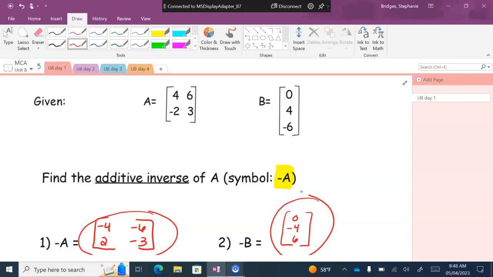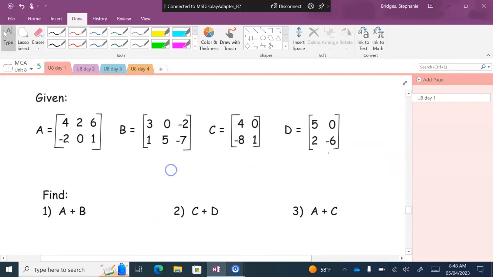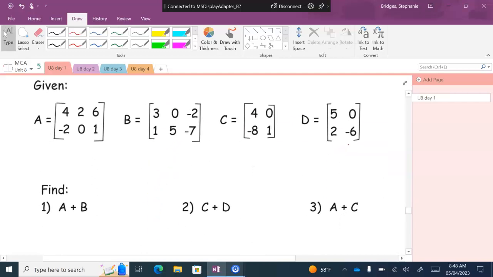Easy enough? Okay, we're going to add and subtract now, and then we'll talk about the second part of what we're doing today. Again, super, super easy. I want you to take a minute and write down those 4 matrices, and then all right, so the one and only rule for adding and subtracting matrices is